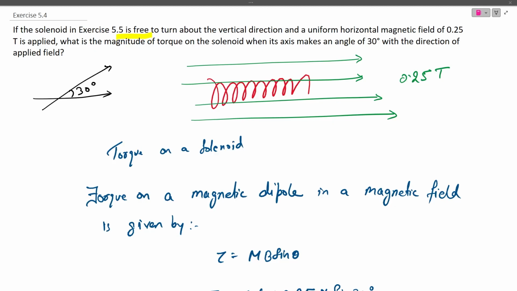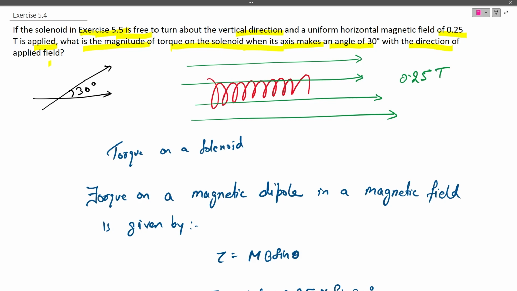The question is saying that if a solenoid in exercise 5.5, it is talking about the previous exercise, is free to turn about the vertical direction and a uniform horizontal magnetic field of 0.25 Tesla is applied, what is the magnitude of torque on the solenoid when its axis makes an angle of 30 degrees with the direction of applied field? Now, previously we saw that there was a solenoid of 800 turns in which the current was flowing in